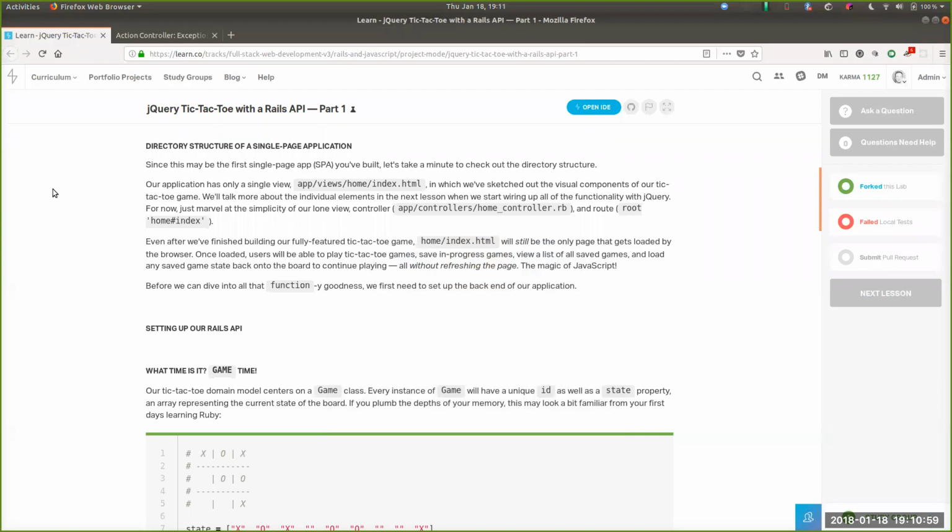Even after we finish building our fully featured tic-tac-toe game, index will still be the only page that gets loaded by the browser. Once loaded, users will be able to play tic-tac-toe games, save in progress games, view a list of all saved games, and load any saved game state back onto the board to continue playing, all without refreshing the page. This is the magic of JavaScript. Before we can dive into all that functiony goodness, we first need to set up the back end of our